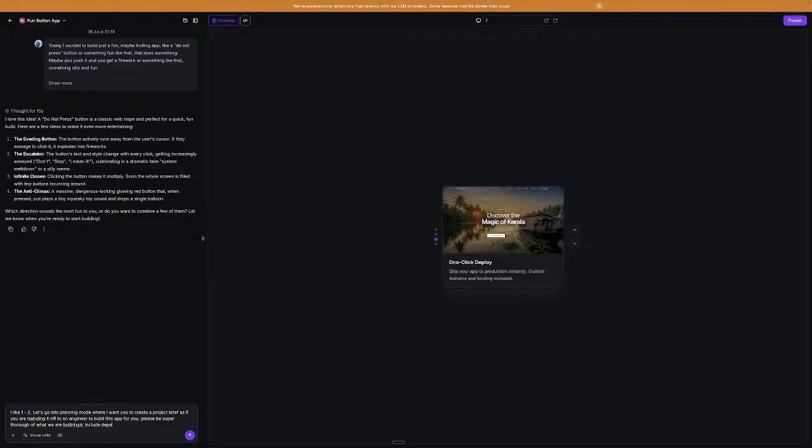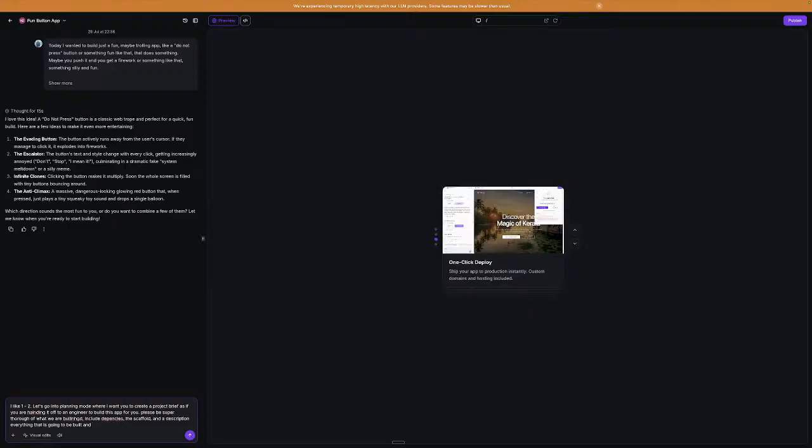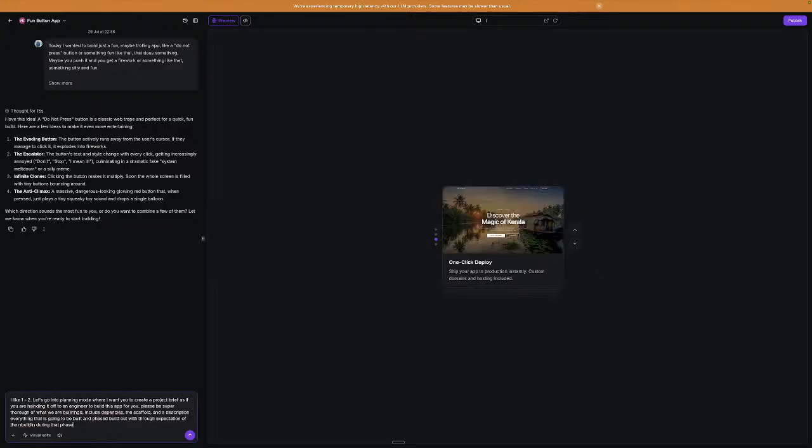Include dependencies, the scaffold, and a description of everything that is going to be built, and a phased build out with thorough expectations of the build during each phase.